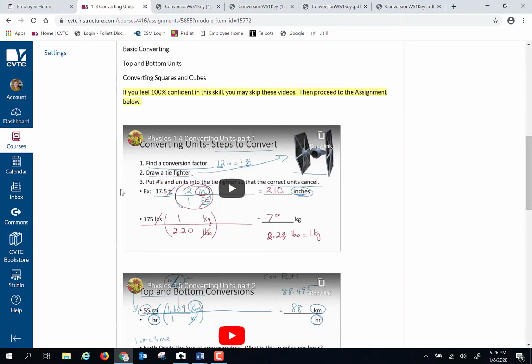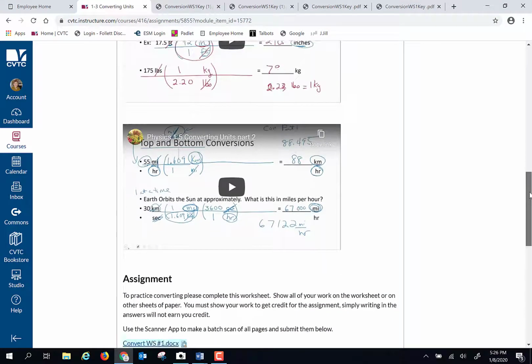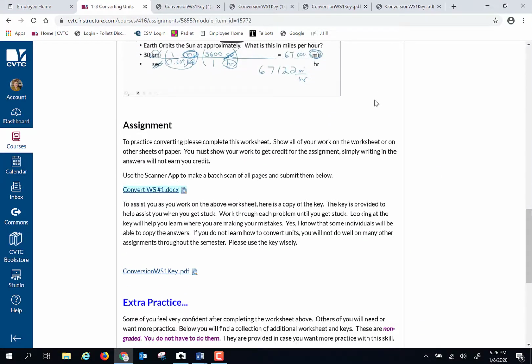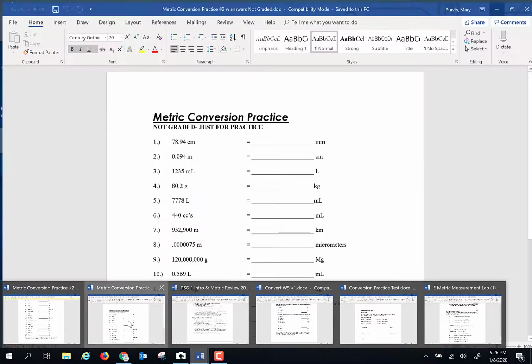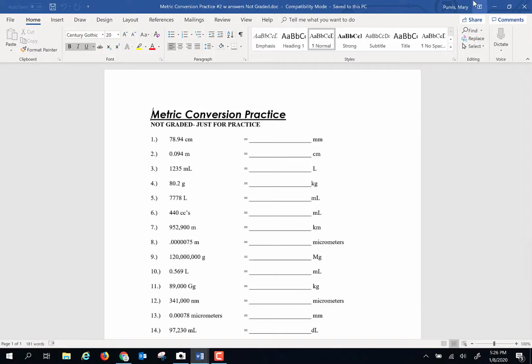converting. So if you feel 100% confident in the skill, I am okay with you skipping videos if you go, Mary, I know all this stuff. I just had tech math last semester. I get it. I totally get that. But I want everybody to prove it to me by doing one converting worksheet. Now, one converting worksheet, so print this, and I want to see your work. You always have to show me your work because of the fact,